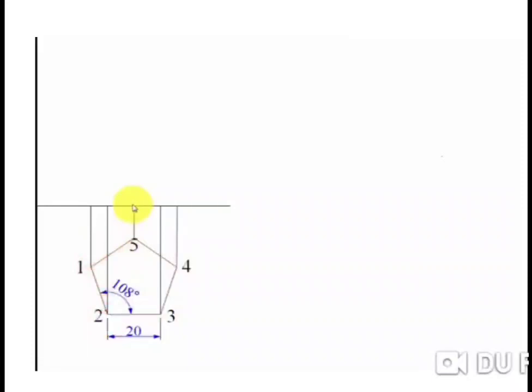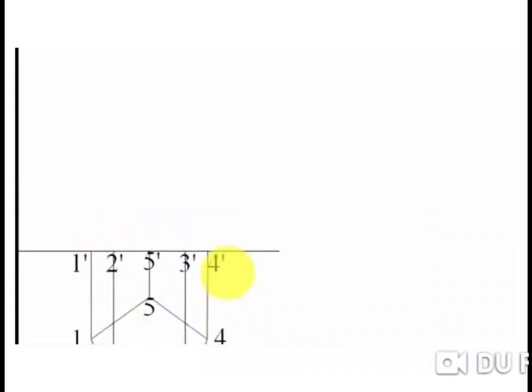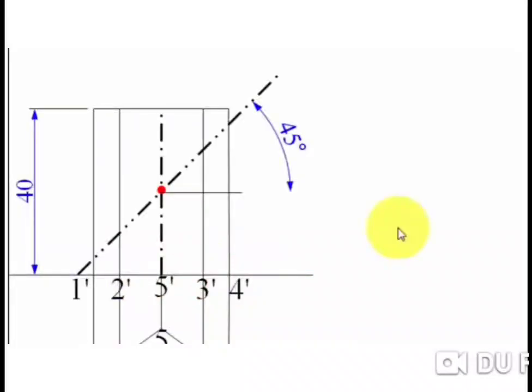This is not a side. This is a rectangle which is perpendicular to HP. All the faces are perpendicular to HP. So the single line is observed. Now transfer this projection towards the XY line to draw the front view. Here I have named the same names, only at the head I have added dash. Next I have drawn the front view.